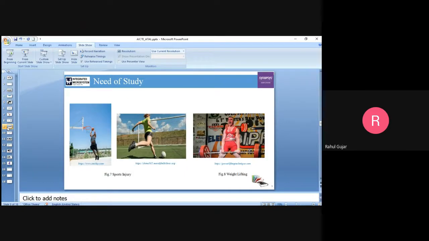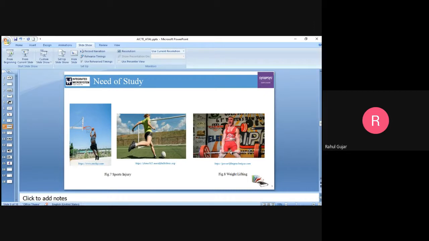Now, what is the need to study the fractures in the different hard tissues? Because, as I told you, there are different day-to-day activities. Apart from the day-to-day activities, there are a few other things because of which we have to study the mechanical properties of the hard tissues. You can see here the different sports activities, due to which injuries occur in the femur joint.